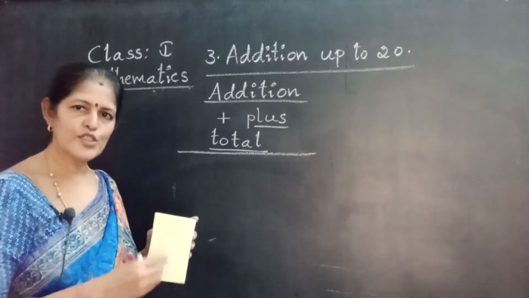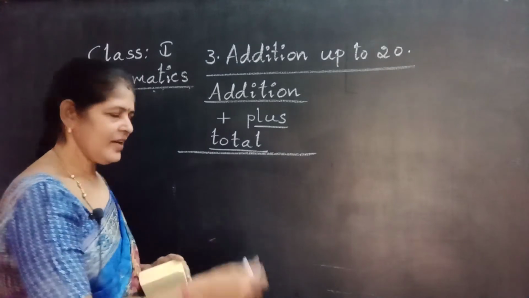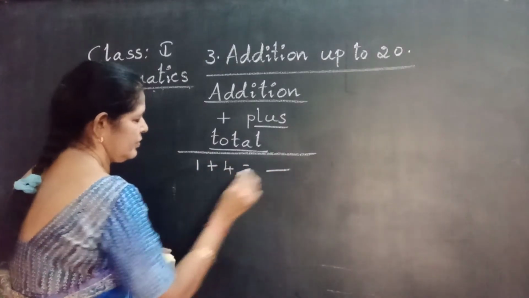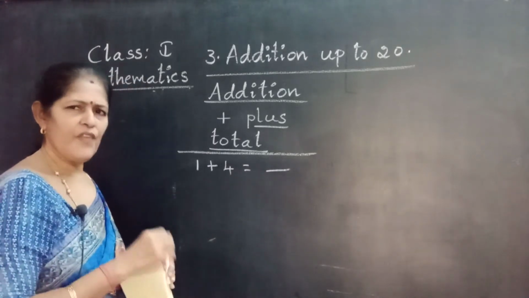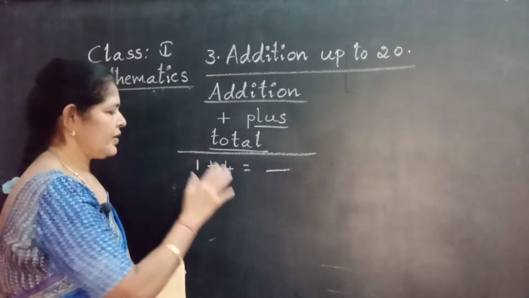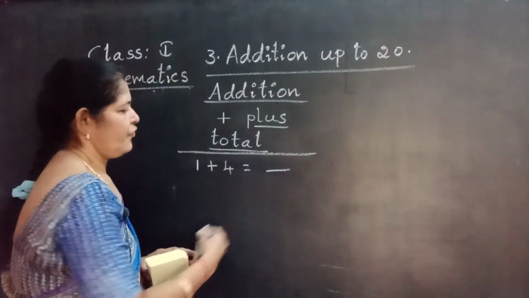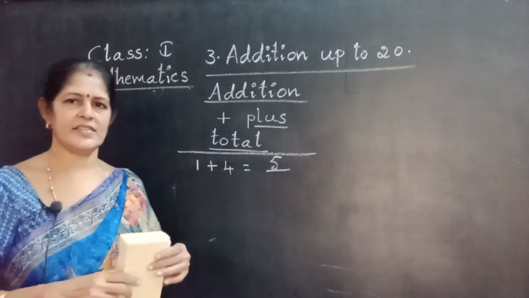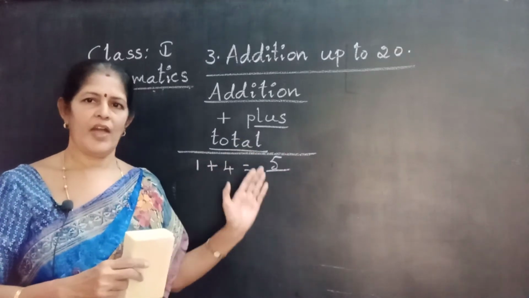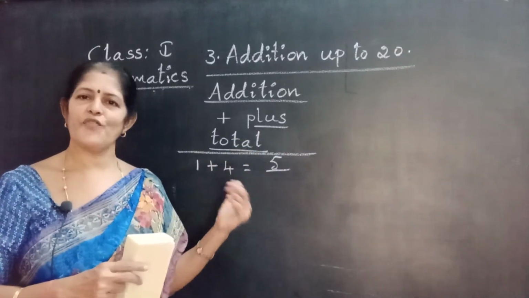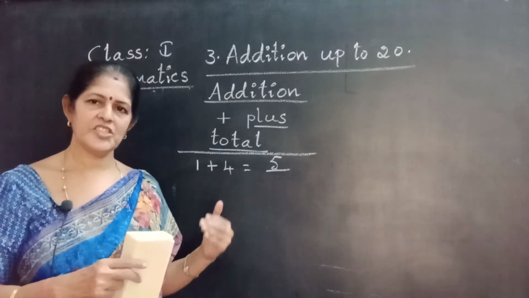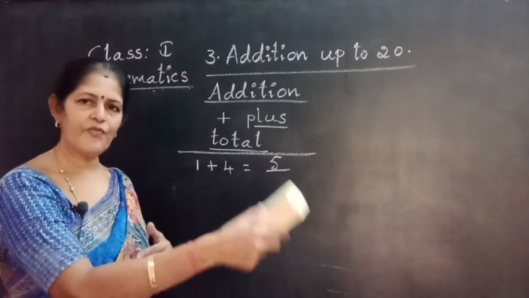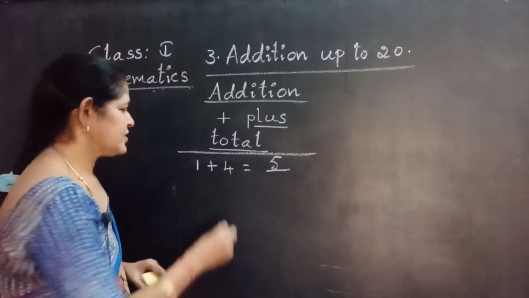When we add 1 to a number, we get the next number of the given number. The total goes to the after number. See, 1 plus 4. What is the answer? Very easy. You have to remember it in the mind. 4, after is 5. Here you have to be perfect in after numbers. 4 after 5, 5 after 6, 6 after 7. That means addition means counting forward. Okay? Next one.